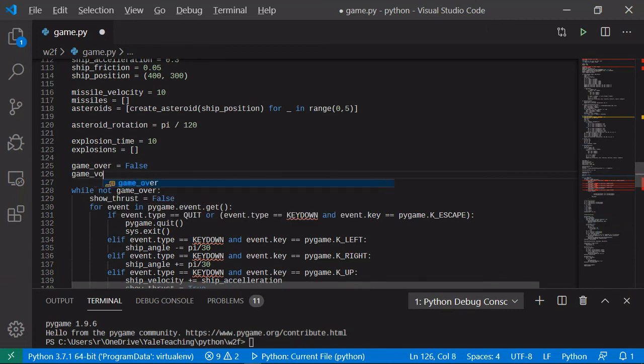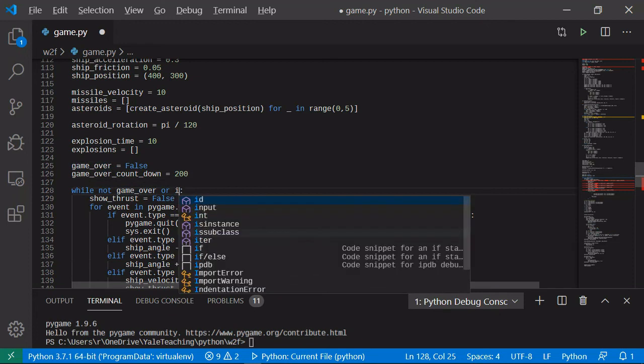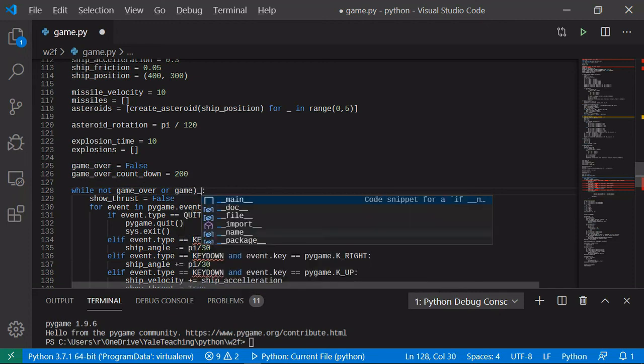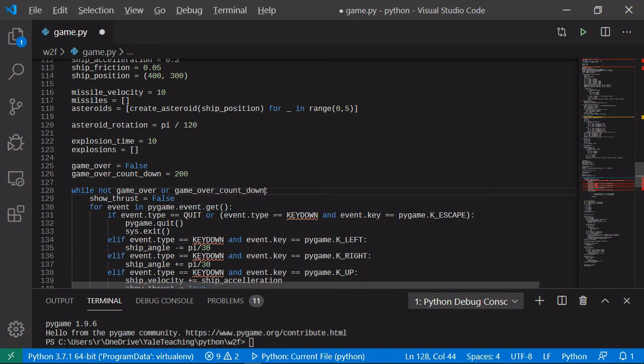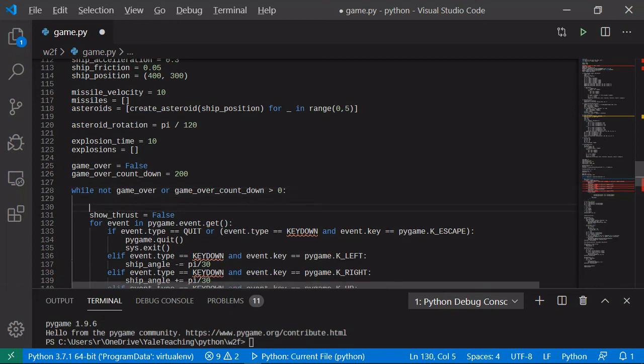So game over countdown equals, let's say, 200, and then we're going to say if not game over, or if game over countdown is greater than 0, right, then we do this. And then one thing that we can do immediately, we say if game over,